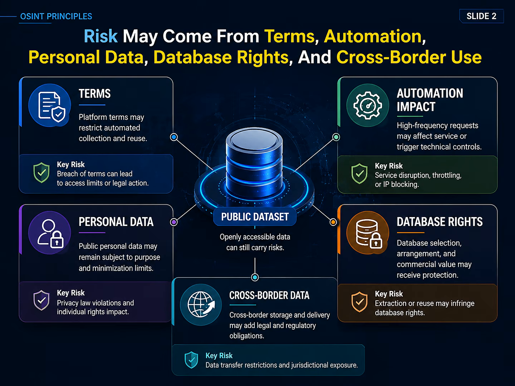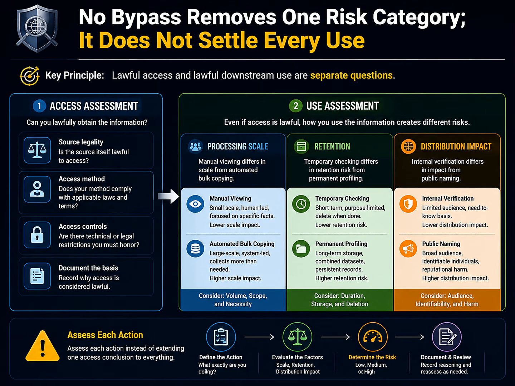Manually comparing 3 vacancies with an official company site is not equivalent to collecting every vacancy in the country and profiling each contact. Both start with public pages, but their scale and consequences are not the same. Record access method, volume, fields, storage, reconstruction, and distribution separately. Public source is not enough. No bypass tells us something about entry. It does not decide how the material may be copied, combined, retained, or published.